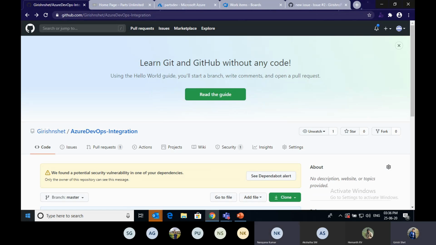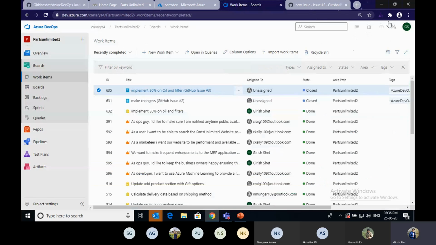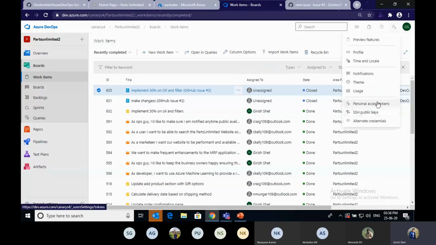The personal access token I have given only as custom defined, that is, for creating work items. Here you can create a personal access token.